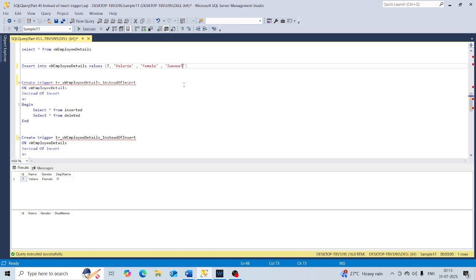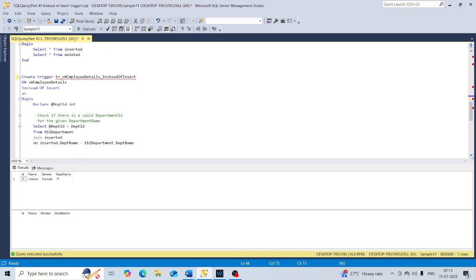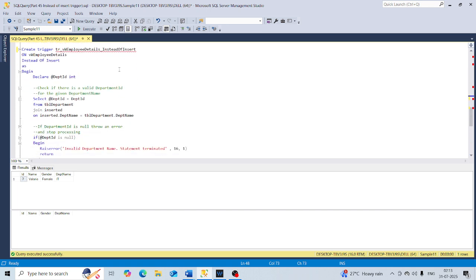So obviously when this trigger gets executed, department ID will be null, because there is no department with that name. So obviously if a user is trying to insert a junk department name, then we should throw an error. And to throw an error in SQL Server,